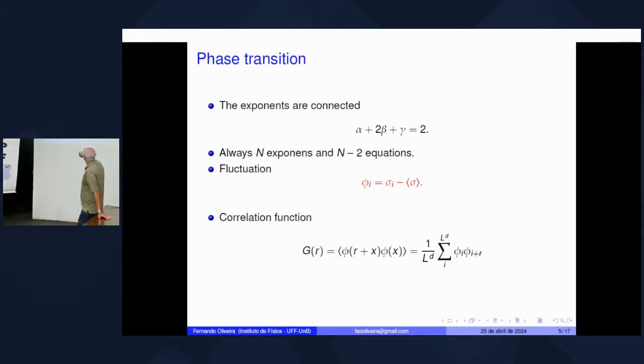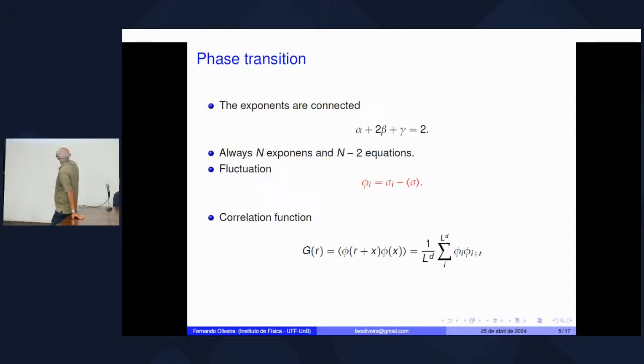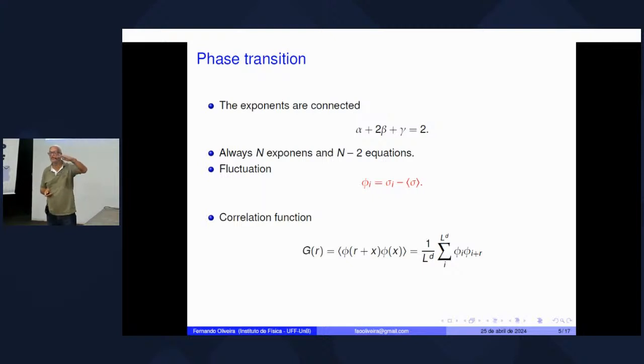Some important things that you study are the fluctuations. I mean, here, for example, the fluctuation will be the spin at site i minus the average. But the fluctuation here is not only for spin. We could do it for, for example, charge density fluctuation, polarization fluctuations, density fluctuation in liquid-solid transition, and it could be any fluctuations. For a given fluctuation, we may associate with this a correlation function, which is something like that. I mean, in a lattice, it would be something like a sum over the lattice.